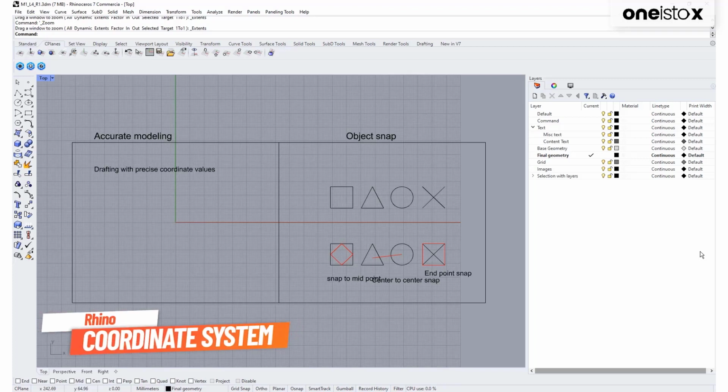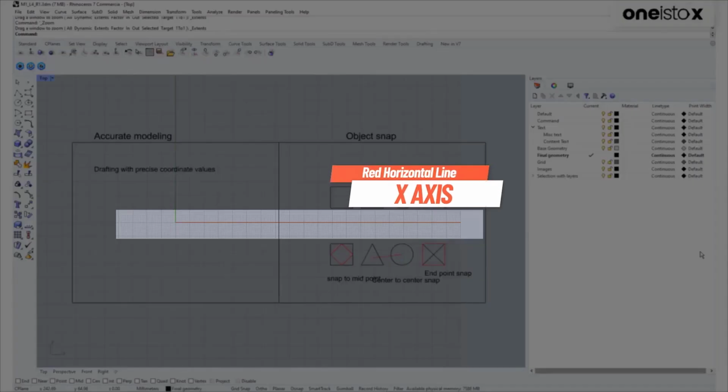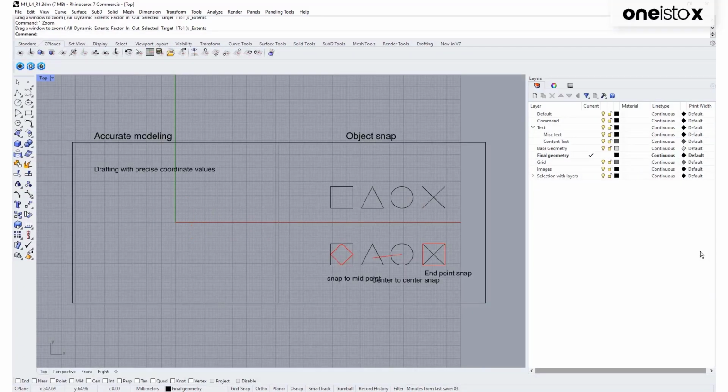Rhino, just like every 3D software, follows a coordinate system. A coordinate system has 3 axes, X, Y and Z. Here in Rhino, the red horizontal line that we see on the screen is the X-axis. The green vertical line is the Y-axis. They both together form the XY plane. The grey lines between them are the grids.